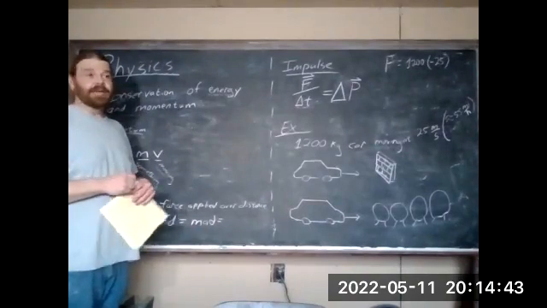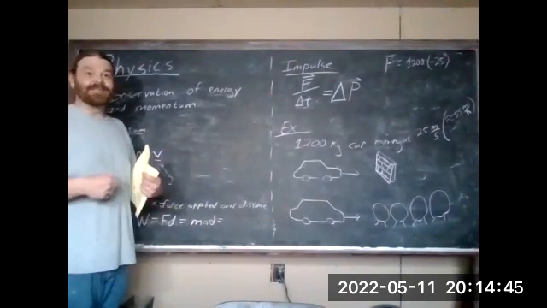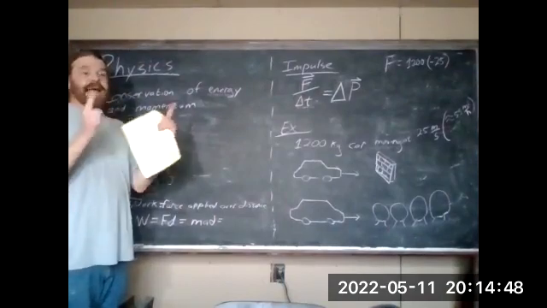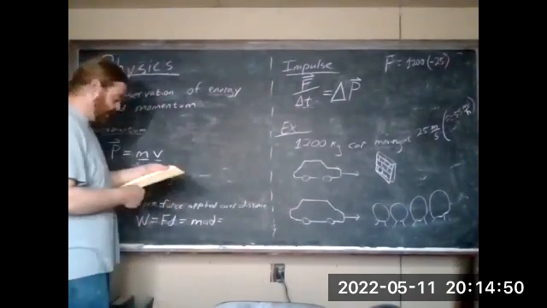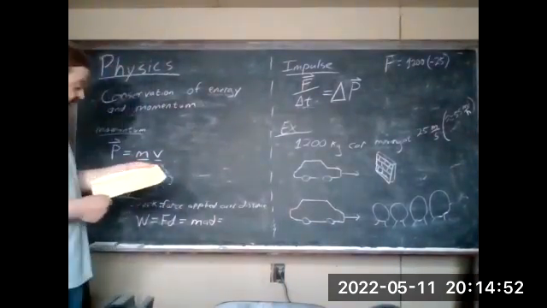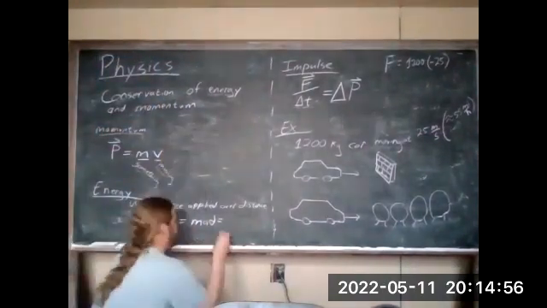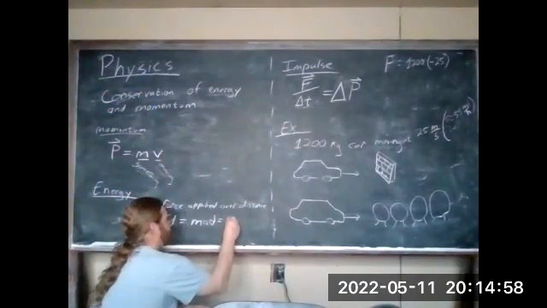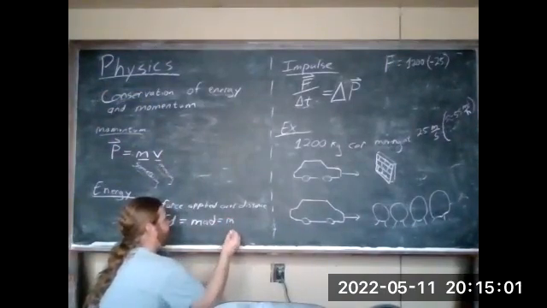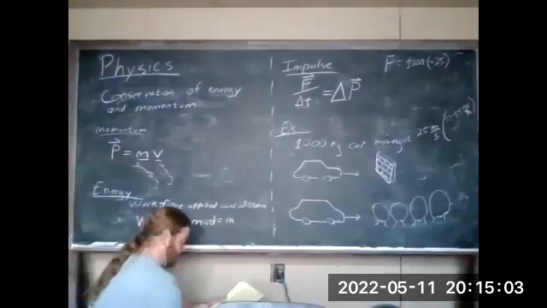We take our initial velocity and our final velocity, add them together and divide by 2 to get our average change in velocity. So our mass times